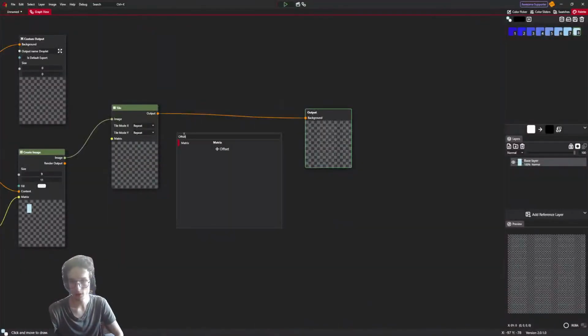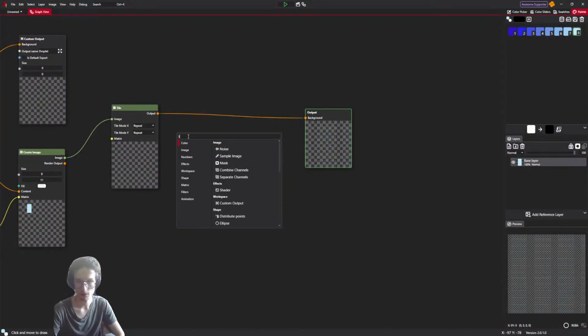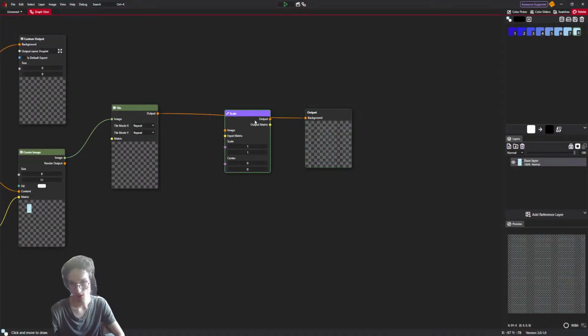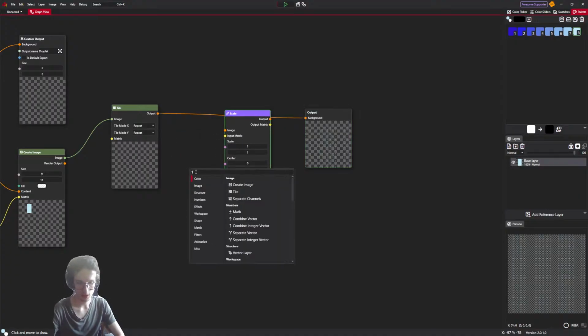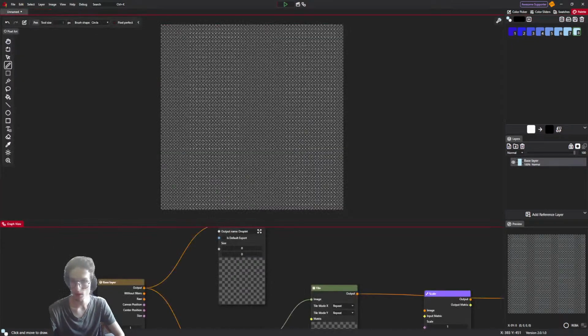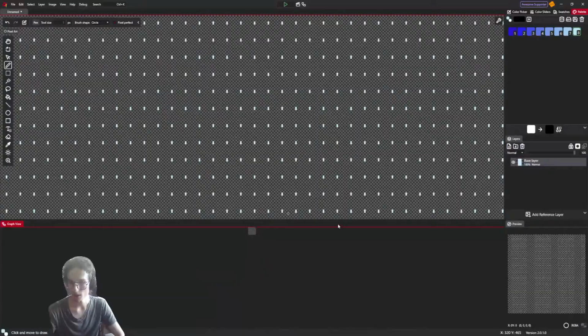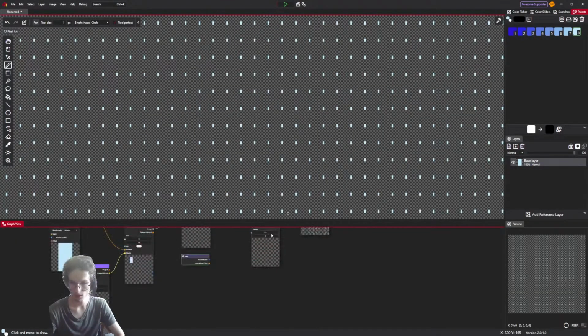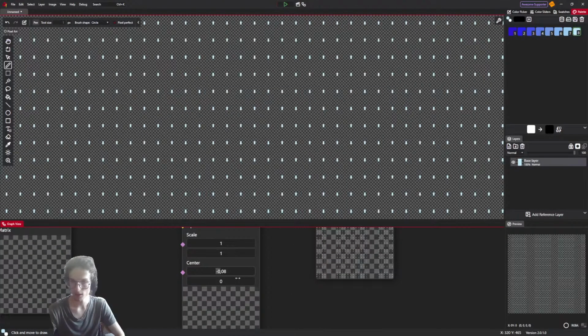The simplest way to make it move is just to take a scale, for example, and take a time node and put the time node into center. Like if I'm just gonna preview it, let's go split down, and when I take this and take a center.